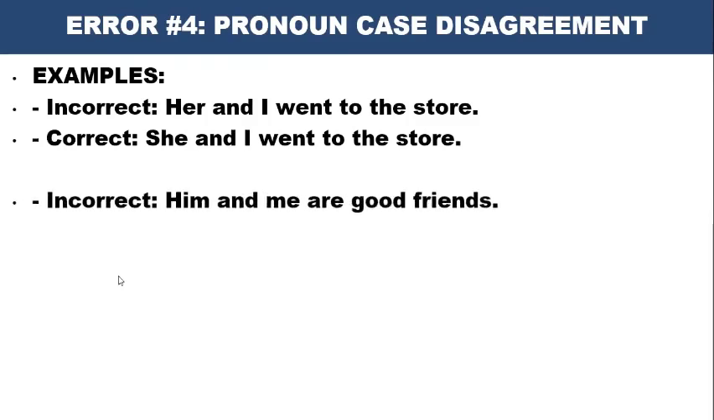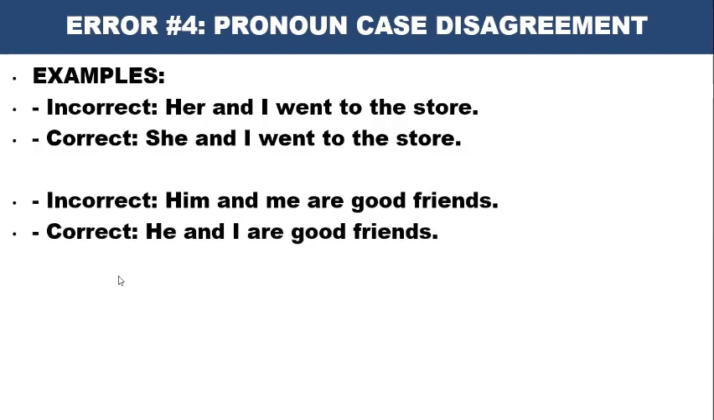Another example is, him and me are good friends. This is also incorrect because him and me are objective pronouns and cannot be used in the subject position. The correct thing is, he and I are good friends, okay? So let's now move on to